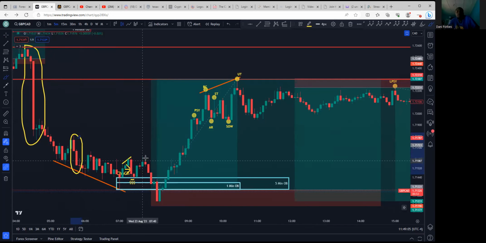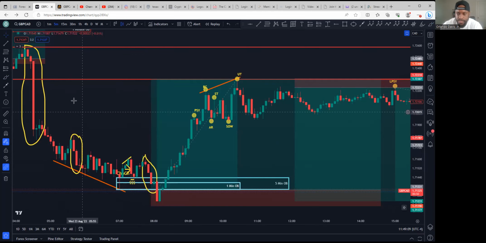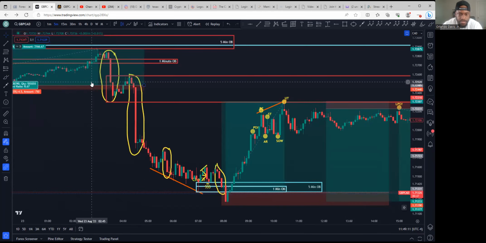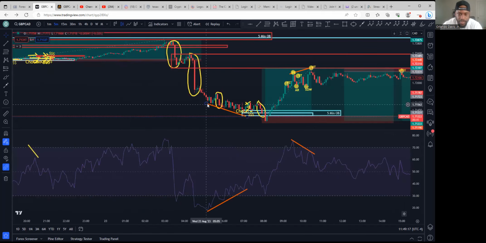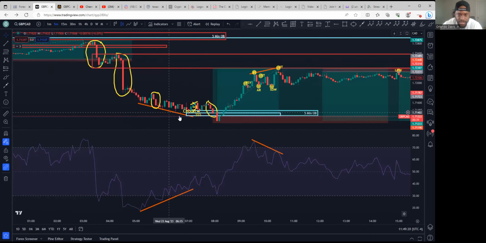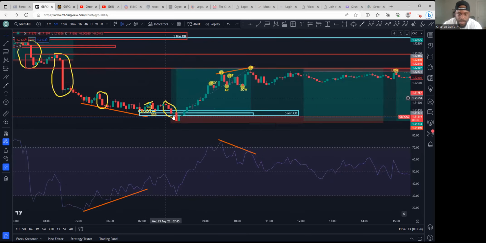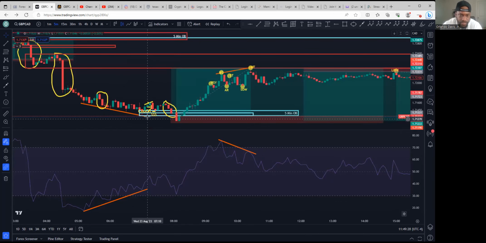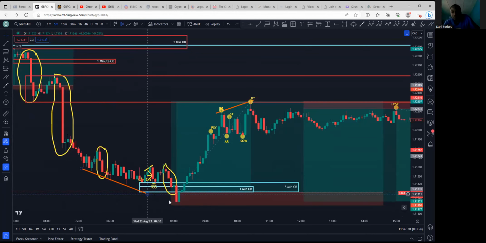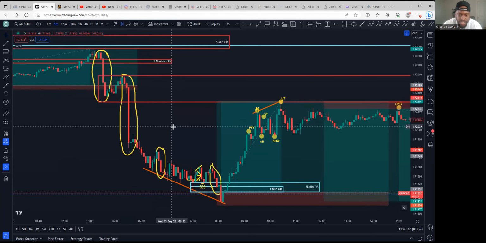One imbalance, two imbalance. Right? Price never changed character yet. We were expecting a divergence right here, but price never changed character. It never changed character until price created this bullish block right here, and then it gave us that what? Then it gave us the divergence. But we knew it was coming.